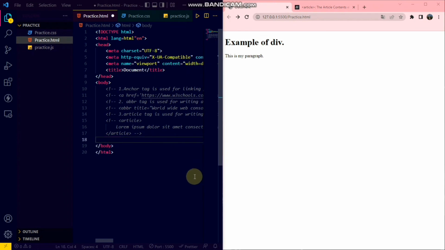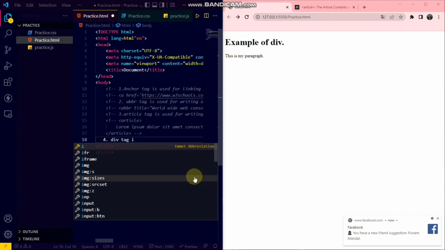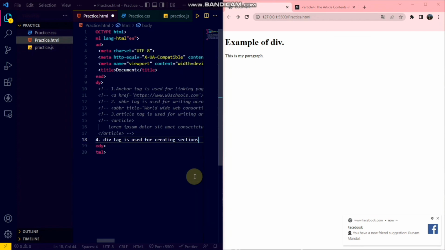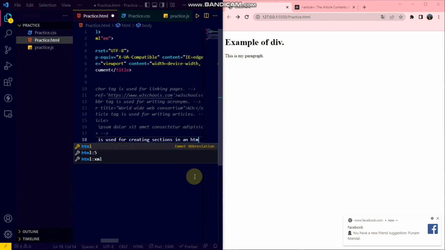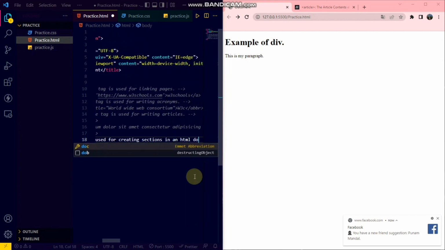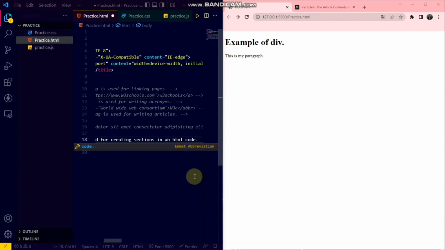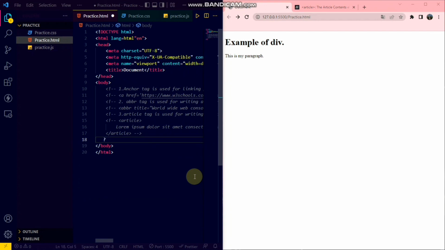Now let me write the note here, number 4. Div tag is... I'm actually creating notes for you as well up here in comments. So the div tag is used for creating sections in an HTML code, and we want this to be